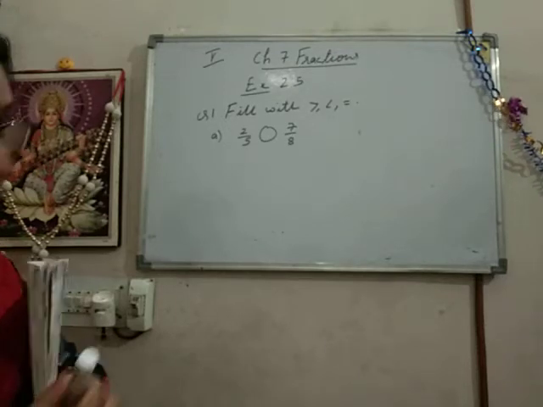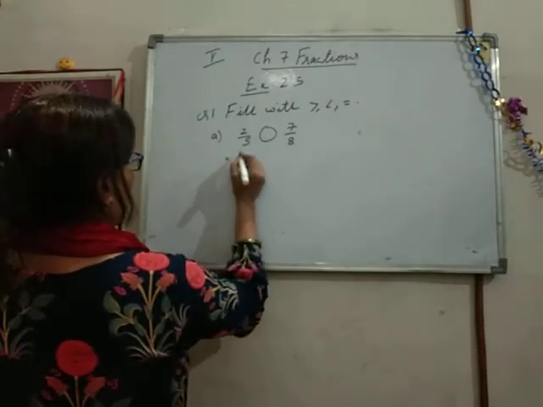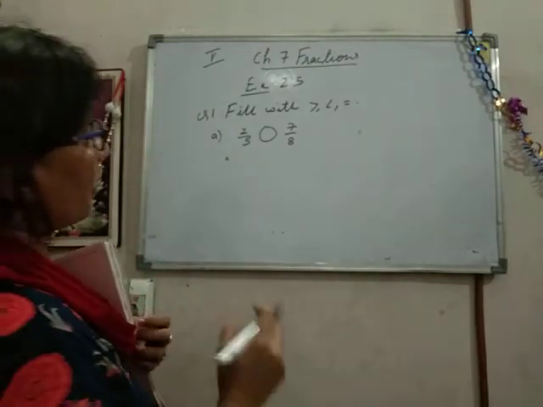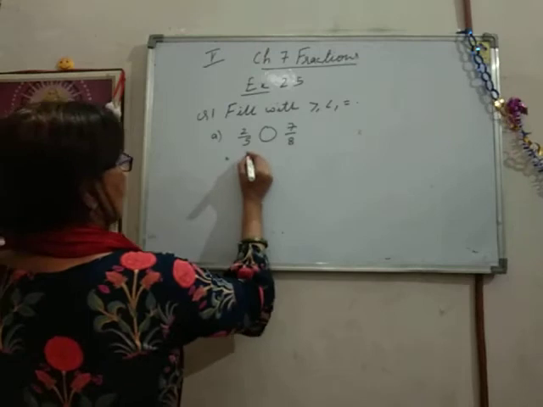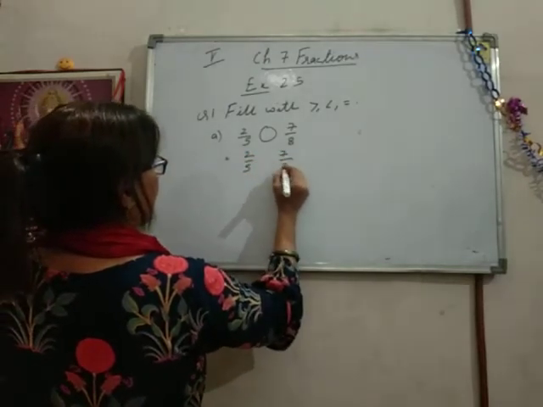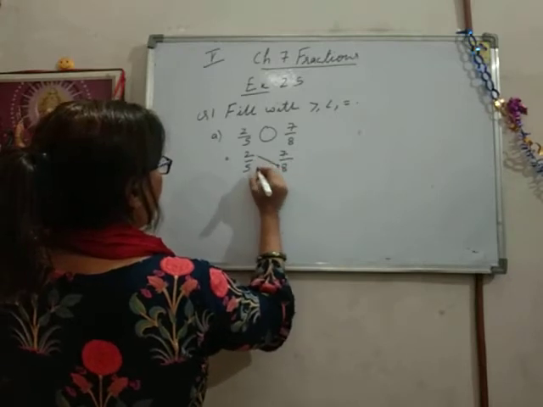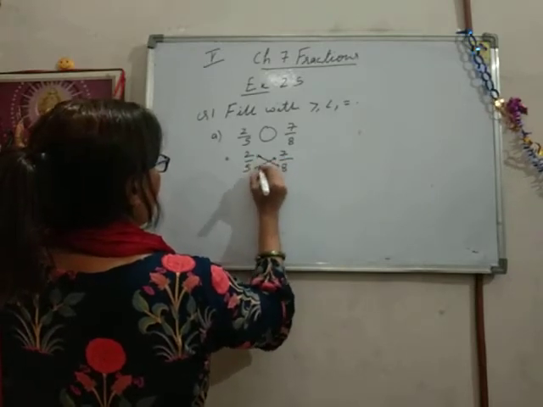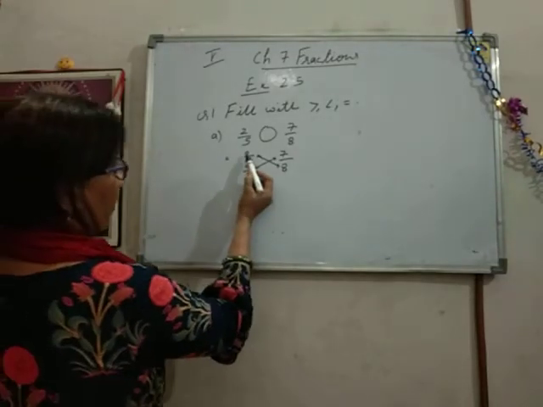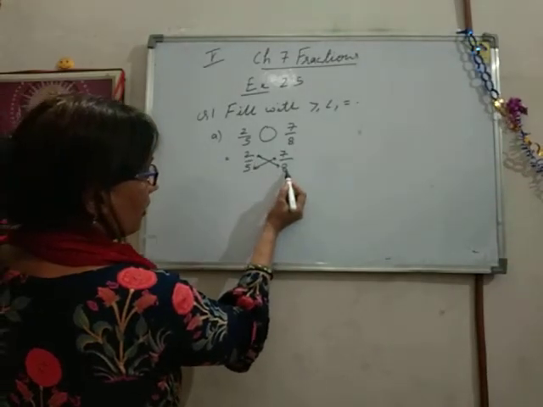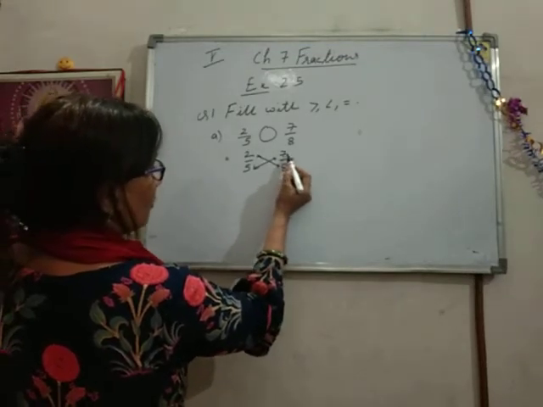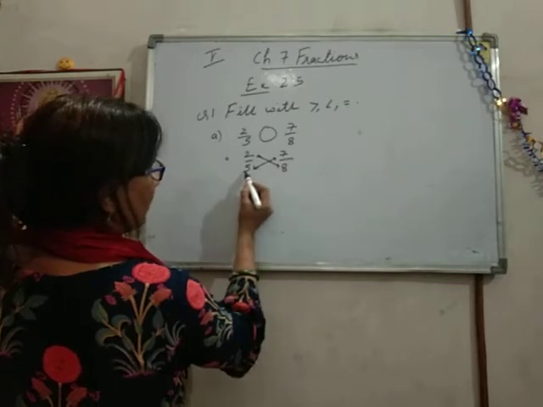So I tell you one method for how to do this question. In this type of question, if denominators are different and numerators are also different, then we have to use cross multiplication. I explain to you children, wait. What is the meaning of cross multiplication? Now see, the numerator of the first fraction multiplied by the denominator of the second, and the numerator of the second fraction by the denominator of the first.